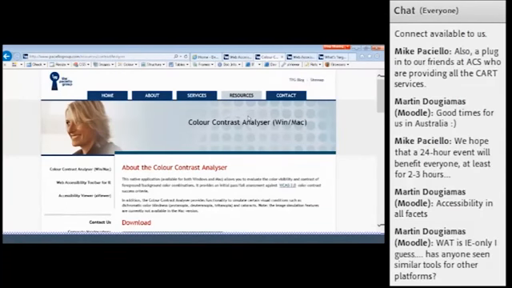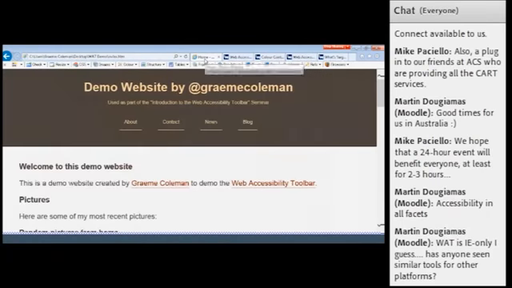So obviously in that case, I couldn't show off the color contrast tool just now, but the notes that will go along with this slide, this presentation, provide full instructions. So after the session, when all the notes go online, you can check the notes and download the tool and use the tool yourself. So that's essentially color contrast.